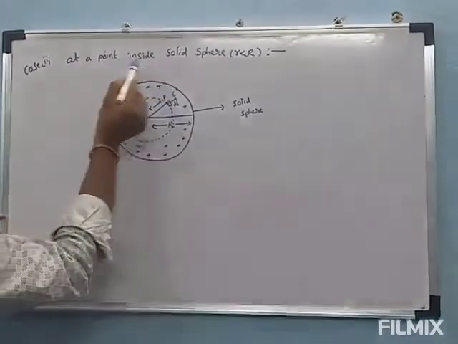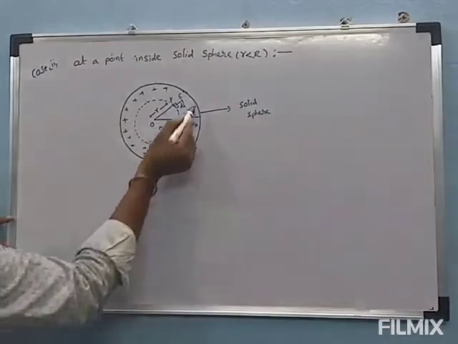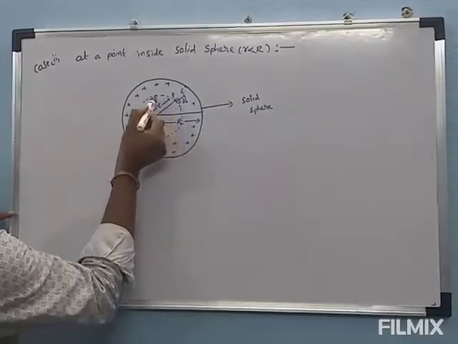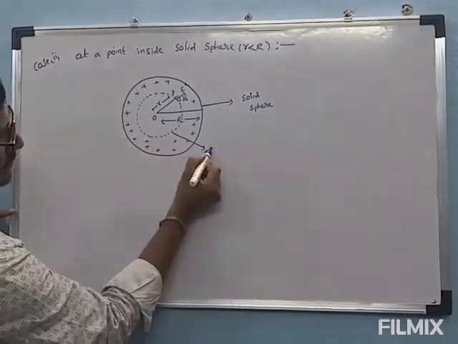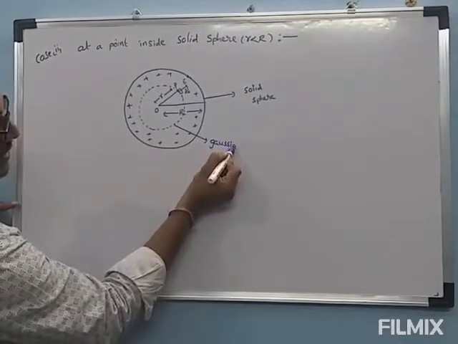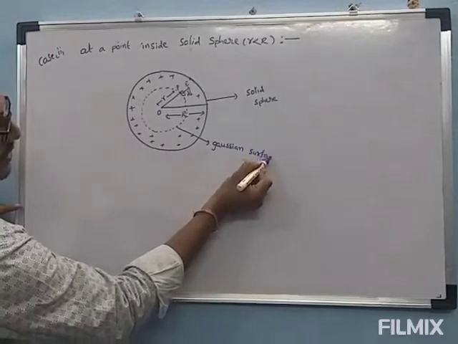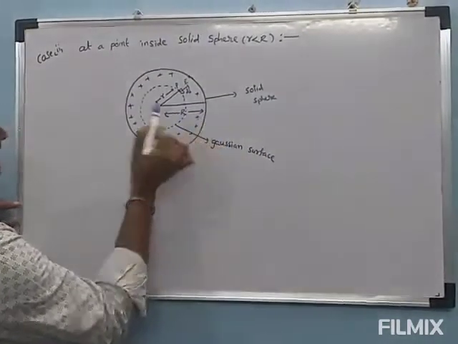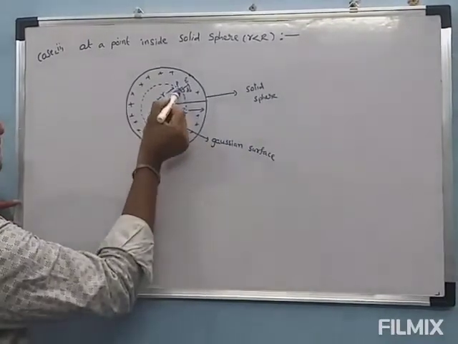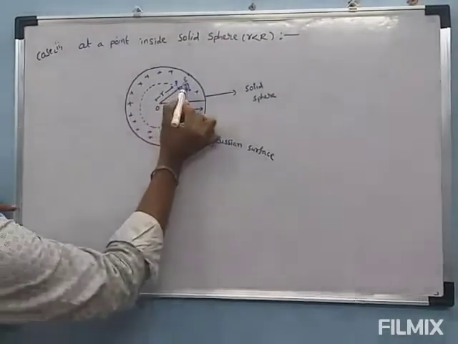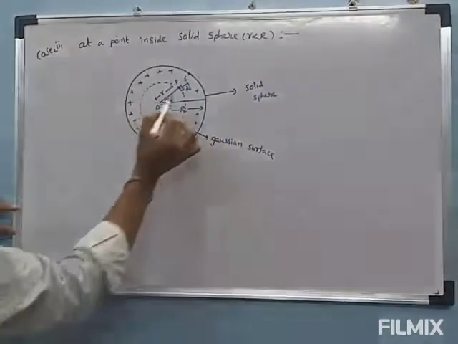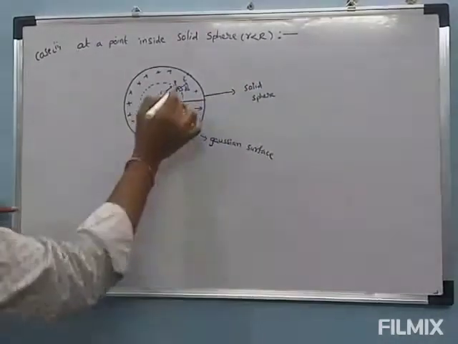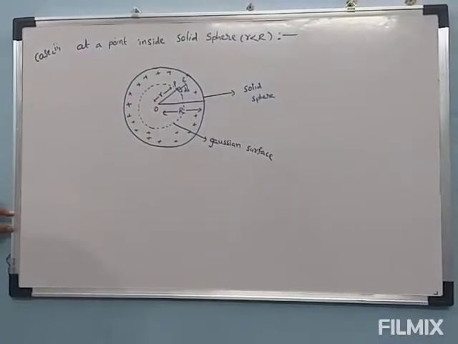Next case, at a point inside the solid sphere. This is considered the solid sphere. Now, due to this solid sphere, what can be formed here? The Gaussian surface. Now this Gaussian surface, its radius, the solid sphere radius, how much is the capital R? Now on the Gaussian surface we consider the point P and a small element of area ds, and the electric field is also outwards. Both of them are in the same direction.